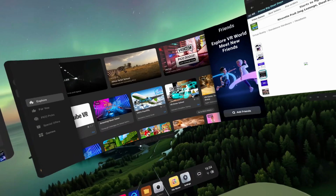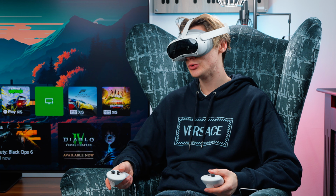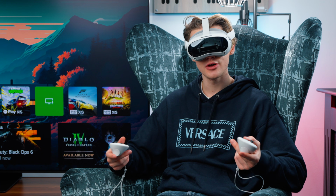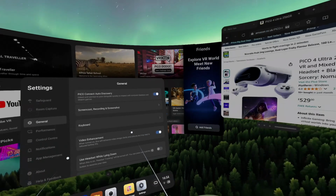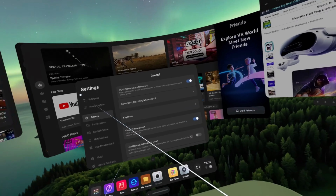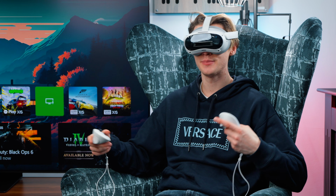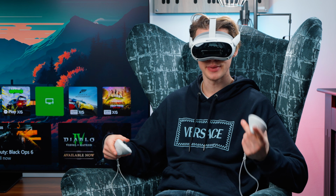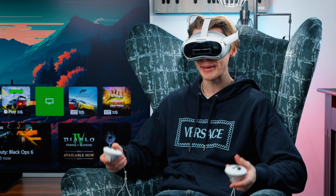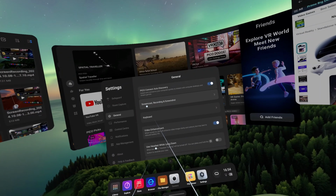You can see I'm now recording in the headset, but there's a few things you may wish to tweak in order to get the best quality or preserve internal storage. Now, this headset, of course, has got 256 gigabytes of internal storage, which is quite a lot. It's more than the base model of the Meta Quest 3. So you're gonna have plenty of space for both your media, your screen recordings, your pictures, and also your video games. But the way that we can customize this is inside of the General tab here